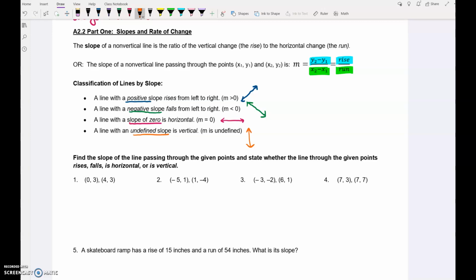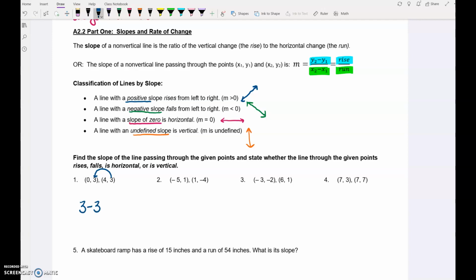Using the slope formula, we are going to find the slope of each of these pairs of lines and then decide if the line rises, falls, is horizontal, or is vertical. So in the first one, we need to subtract the y values. 3